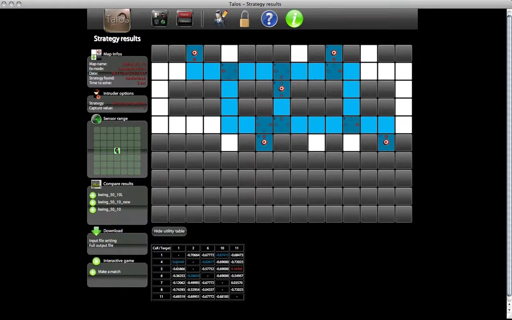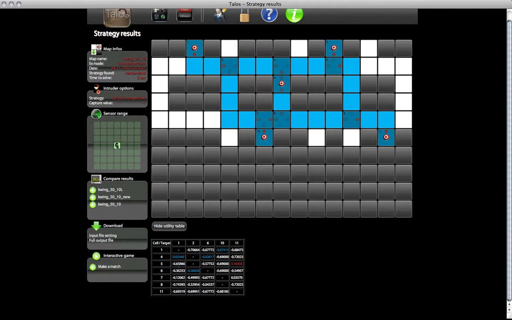In the table the expected utilities of the actions of the intruder are reported. In the columns we have targets, while in the rows we have the cells denoting the position of the patroller. We denote by blue color the best action per target, we denote by red color the best intruder's action. This table aids the user to find the weakness of the patrolling setting and then to edit the setting to